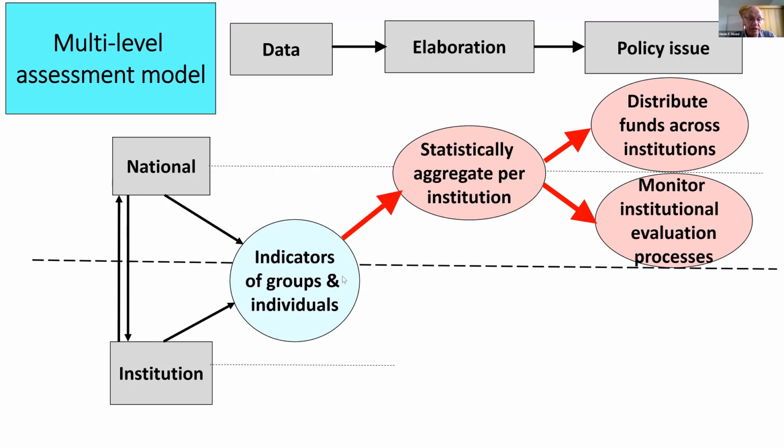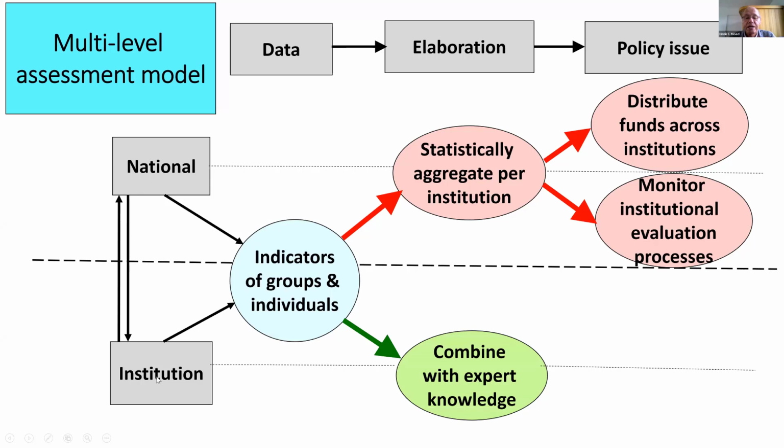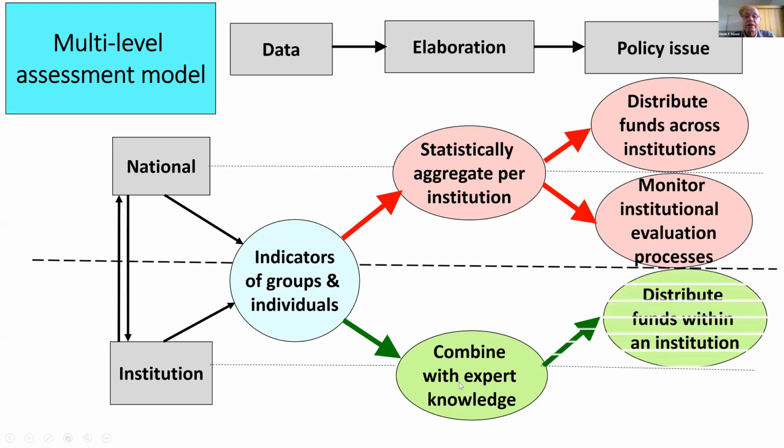The second line, which is located within an institution, should combine indicators with expert knowledge and can then be used to do two basic activities. It can be used to,